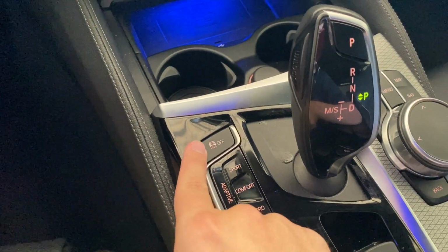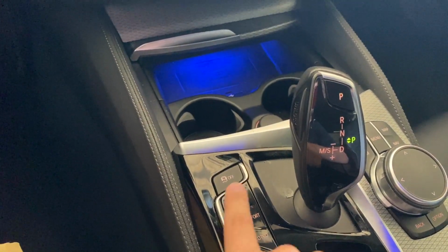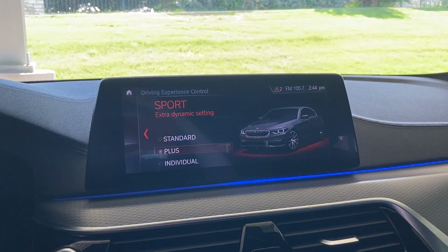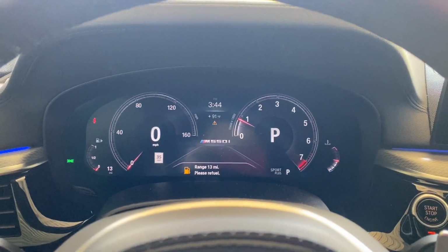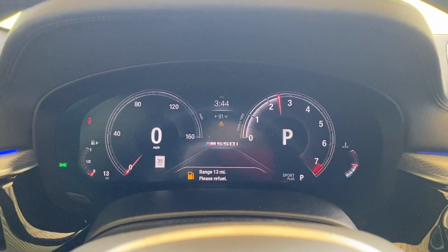Drive mode selector, so traction control. Your 4 drive modes, so Sport, Comfort, Eco Pro, and Adaptive. Going into Sport, you see that you have Standard, Plus, and Individual. The gauge cluster changes, and you can hear the exhaust valves open if you rev it,